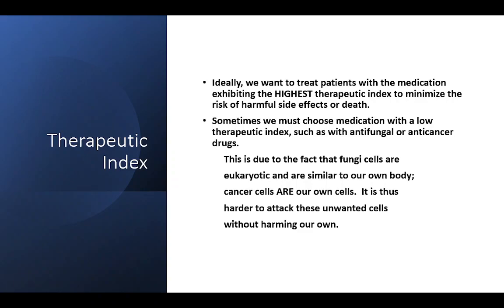their cell types, fungi, are eukaryotic, much like our cell types. So something that works on them has a high likelihood of working on us, or at least getting caught by our cells that are meant to filter out our blood. A great example of this is liver. One of the standard treatments for toenail fungus sometimes will just straight up kill people because it'll shut down their entire liver, and there's really not much you can do about it unless you monitor them before you give them